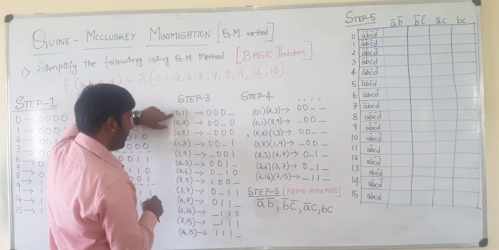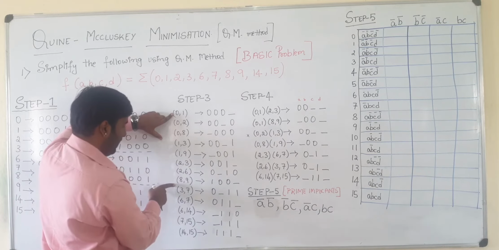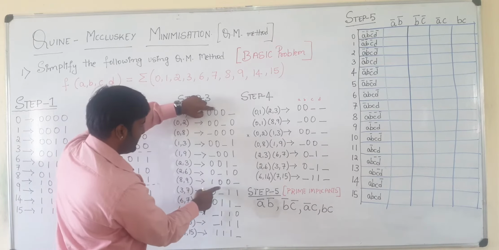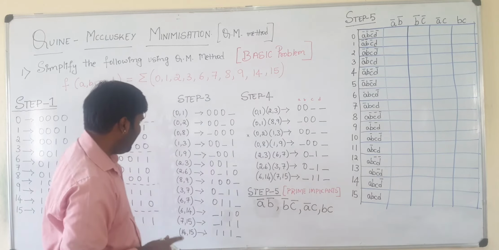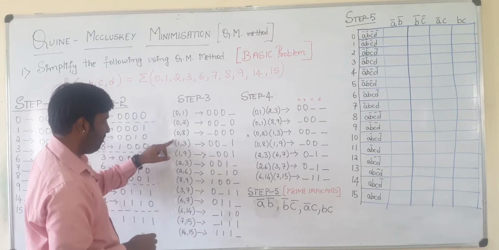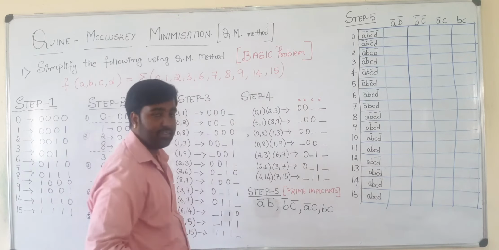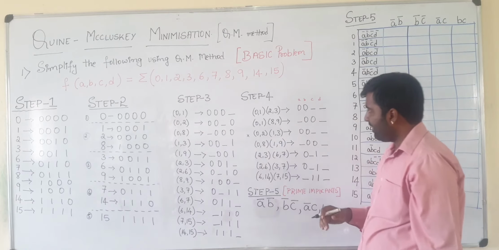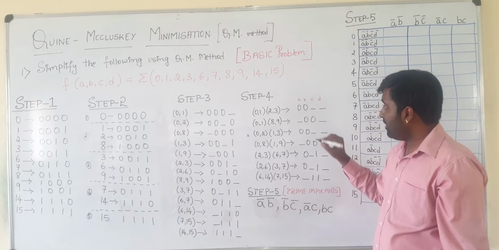Next, 0, 1 is compared with anything. Here I have last dash. So I will compare with this particular number. That is 8, 9. Okay, that is dash 0, 0, dash. In the same manner, 0, 8 will be compared with rest all other numbers. 1 and 1, 3 will be compared with rest all others number. You will be getting this particular set. That is your step 4. As soon as you complete writing the step 4, you will be getting a set of binary numbers with dash